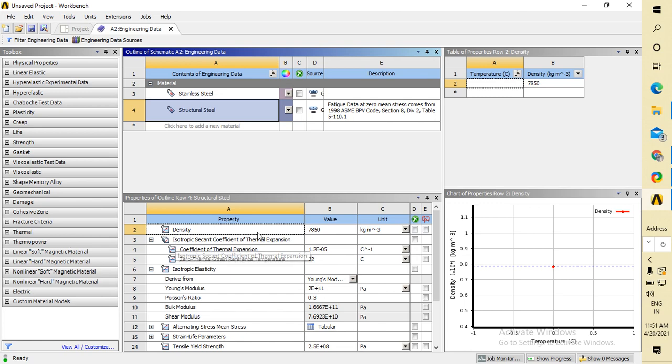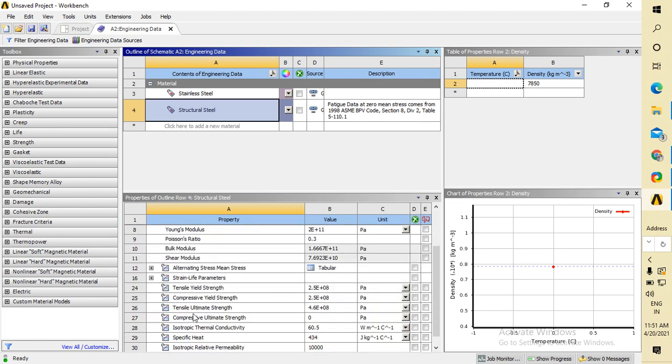The density of the structural material is 7850, etc. Isotropic material, linear isotropic elasticity, Young's modulus, etc. are also given here. You can see it here. Okay,